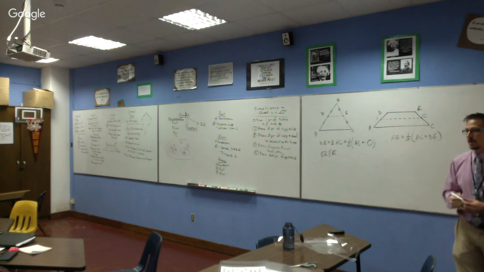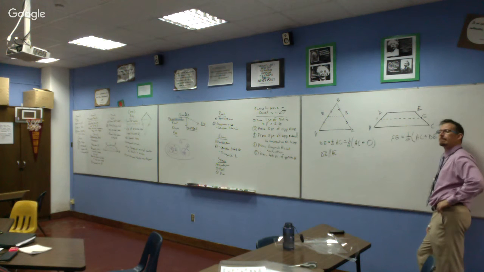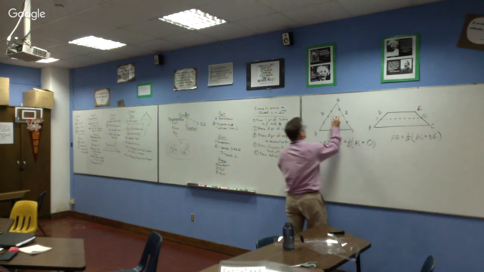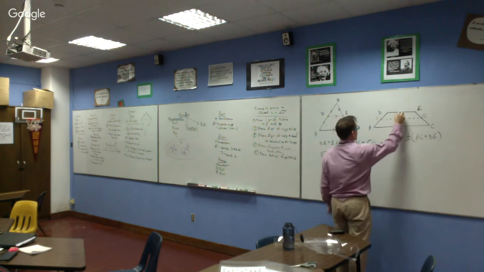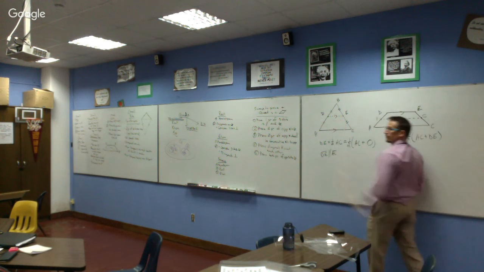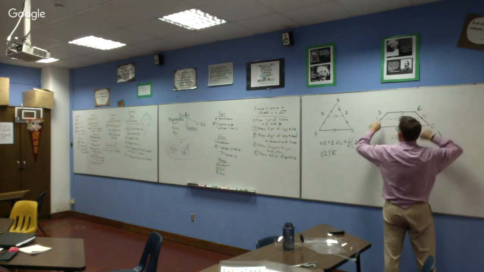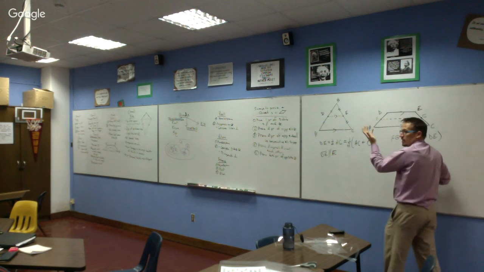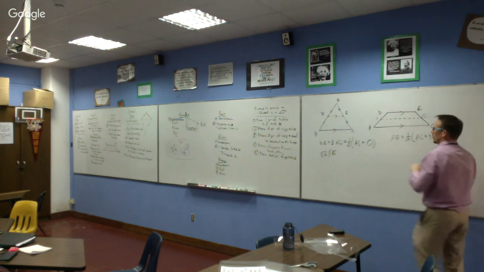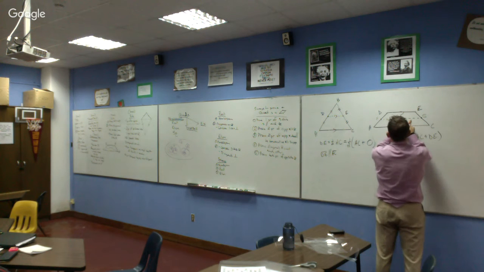Okay, why is DE so? Why is DE what? Like, why is it? Because I know if I took this, because we know from the mid-segment that that's parallel. So now, that's parallel to that, yes? Okay, from our triangle. So now we know this, but now what happens if I take this leg and this leg and I put in the midpoints, because they're segments, I can find the midpoint of any segment, and then I connect the midpoints of those segments. Well, that's going to be the same principle that gave me this,